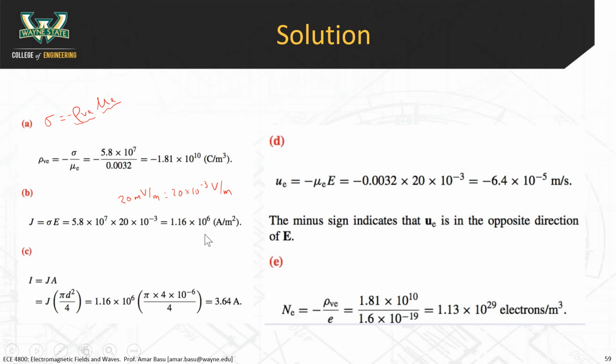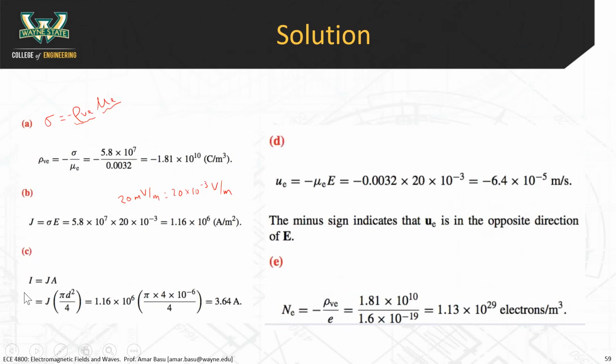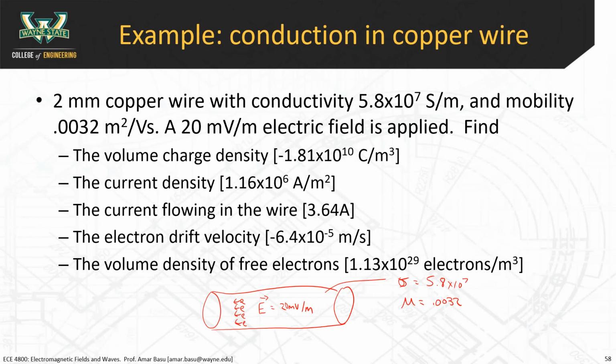Okay. Next part, find the current flowing through the wire, 3.64 amps. The way that we find the total current is we multiply J times the cross-sectional area. Now I just want to note here that I always start with this one. I is equal to the integral of J dot dS. That is the general formula for current. In the case where the current density,